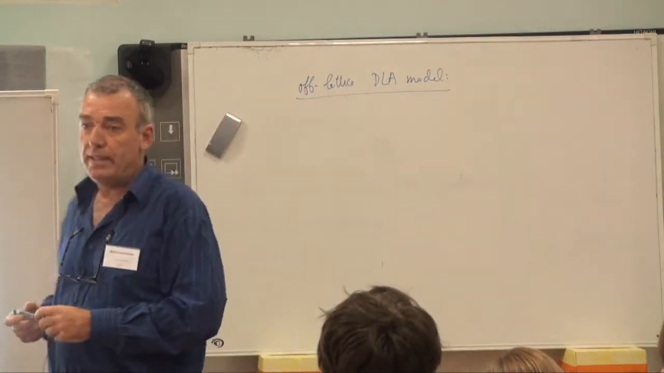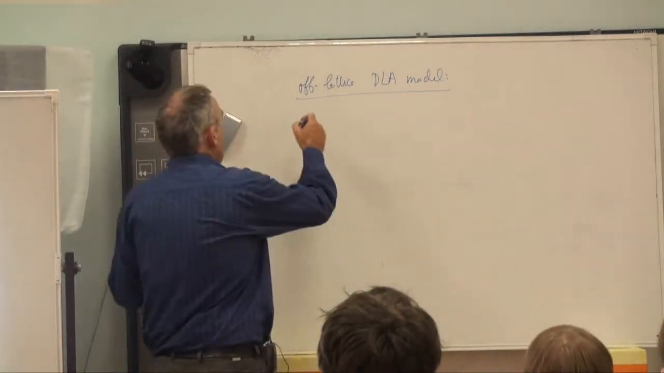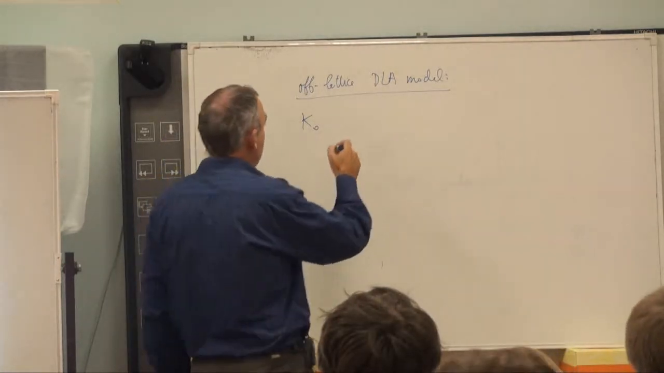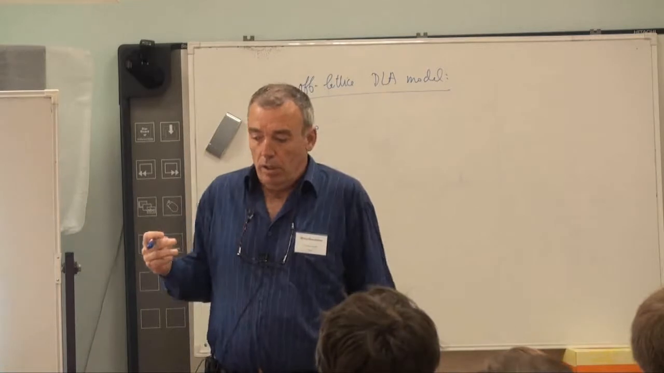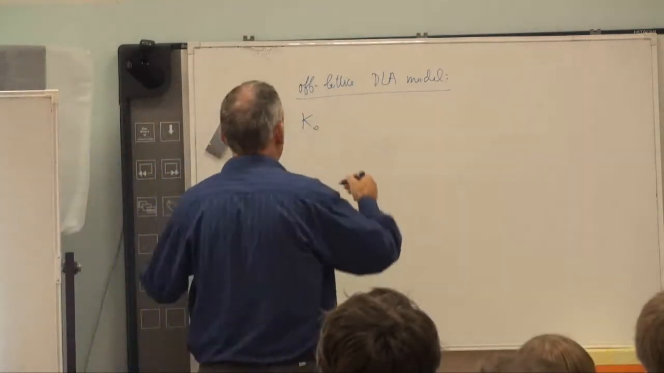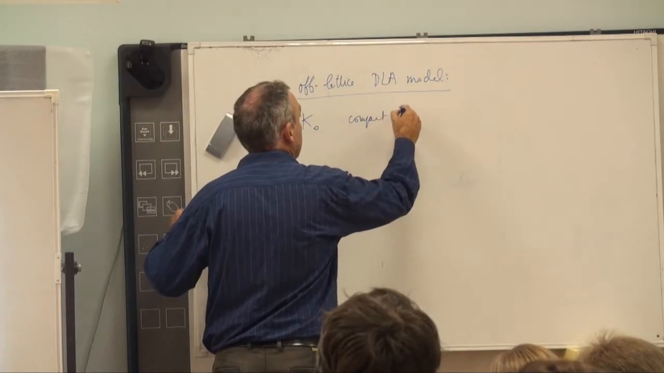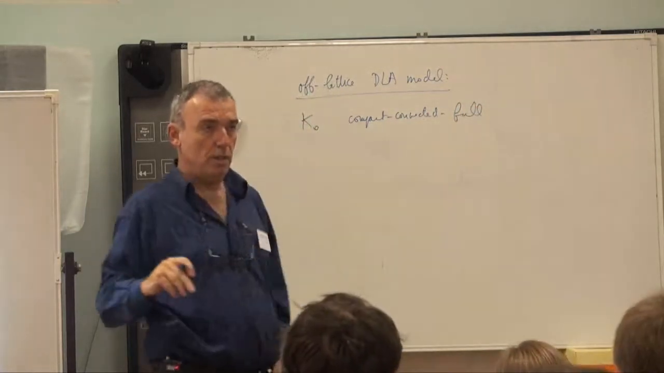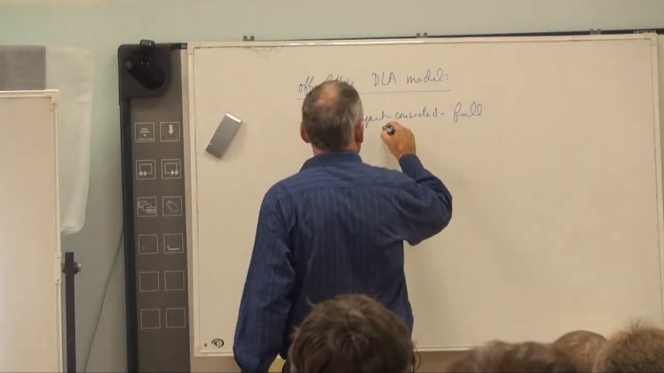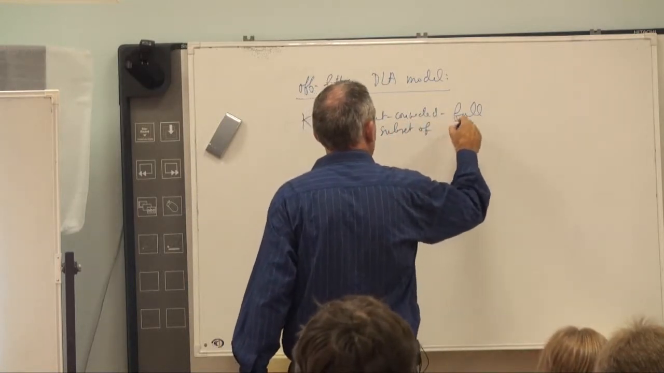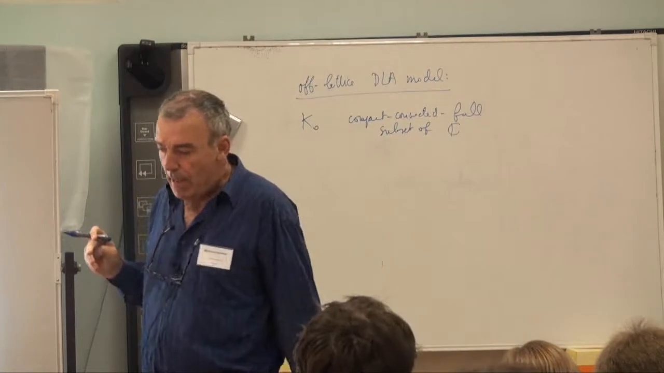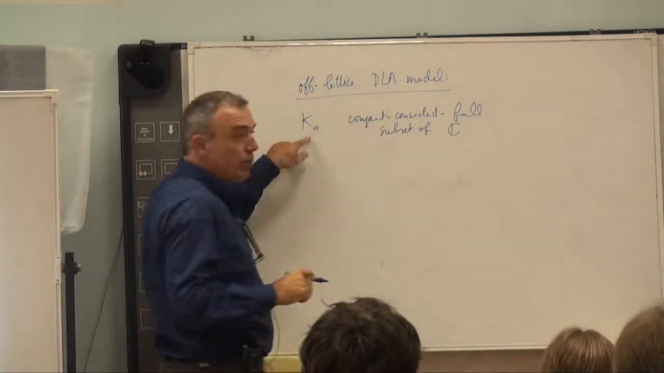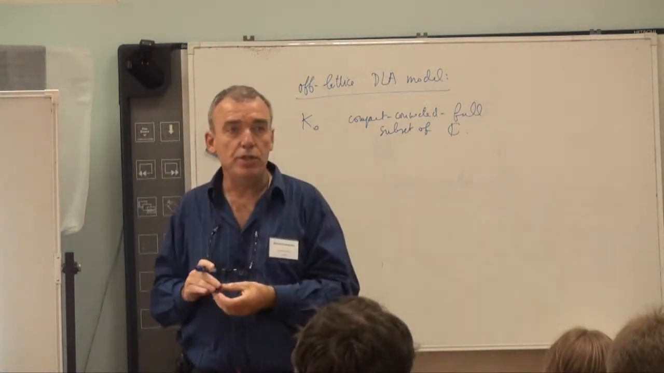describe an off-lattice model by saying, suppose that you start with K0, which is a compact, connected, full subset of the plane, with no holes. And now we can speak about the boundary of this as the topological boundary of K0. And you have on this set a